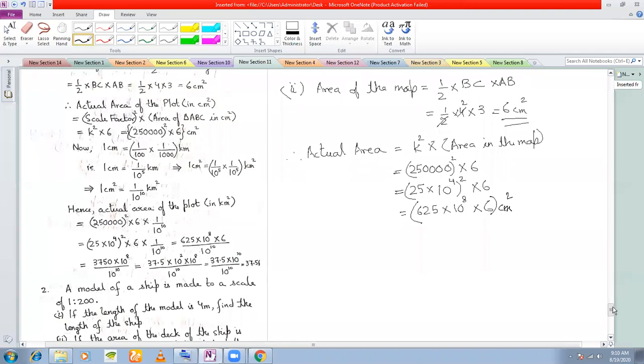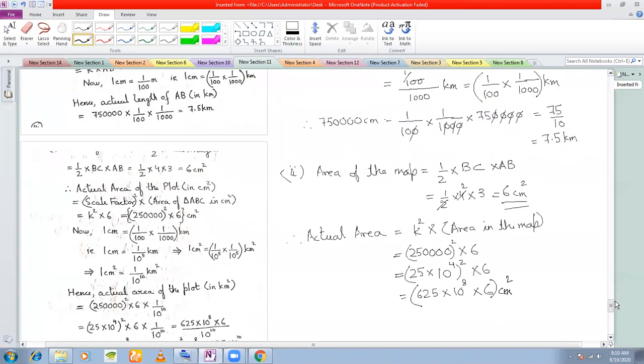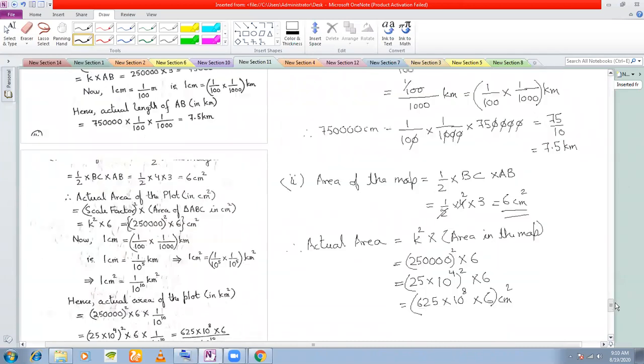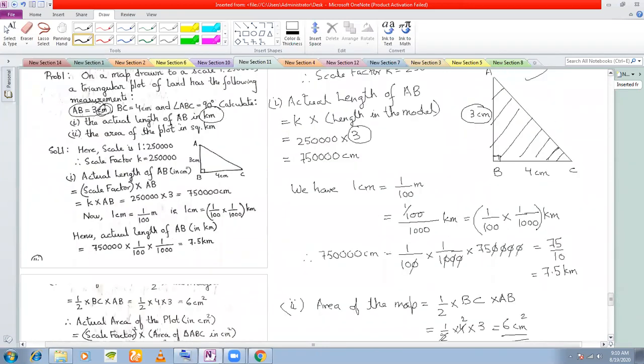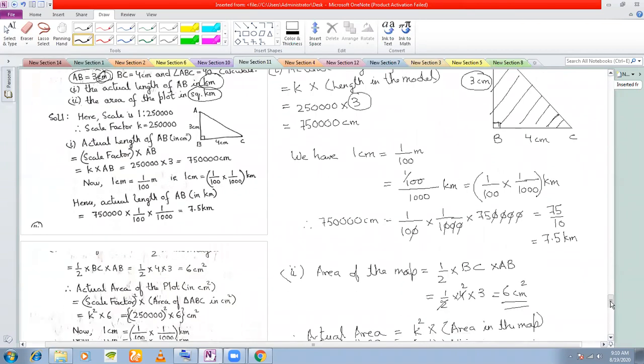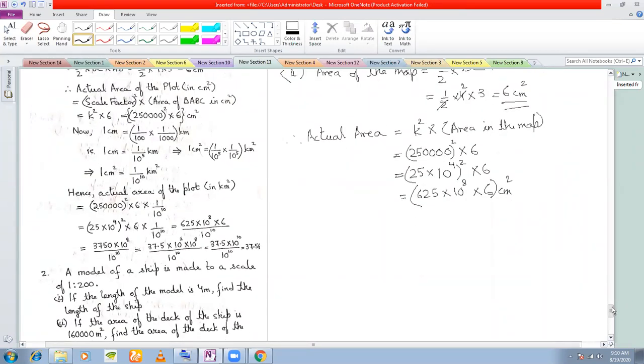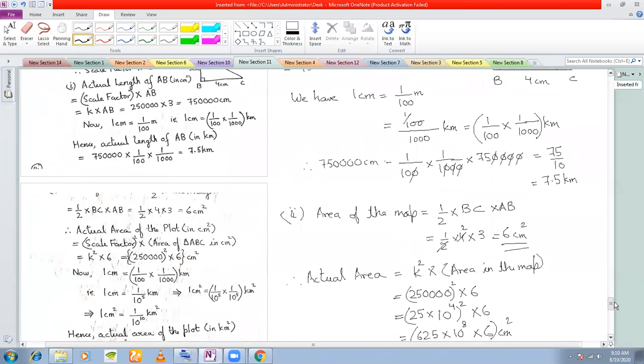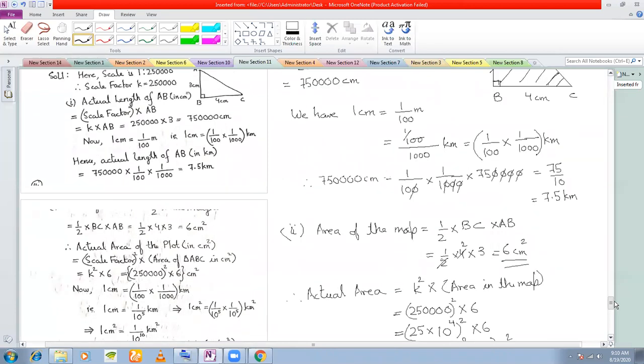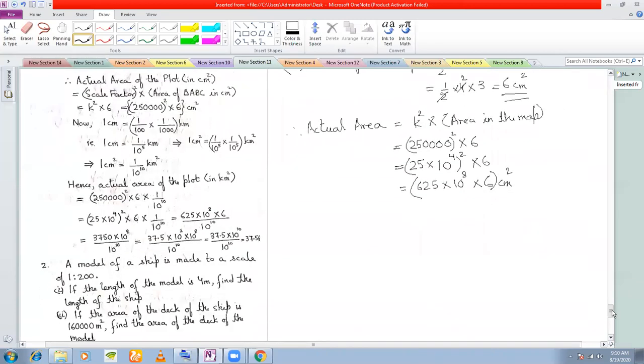Okay, so what we do is we convert into a meter or kilometer. Let's see if anything is given in the problem. You need to write it in, yes, square kilometers. They have given it to you, square kilometers. So what you do is you first convert centimeter to kilometer, which you have already done in the first step. In the first part, 1 centimeter is equal to this much kilometer.